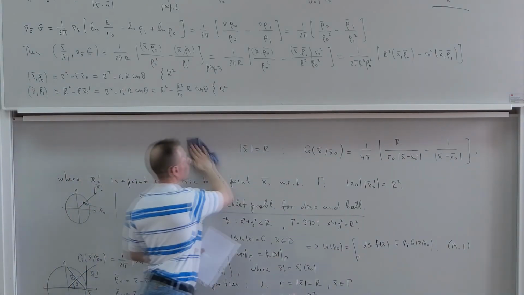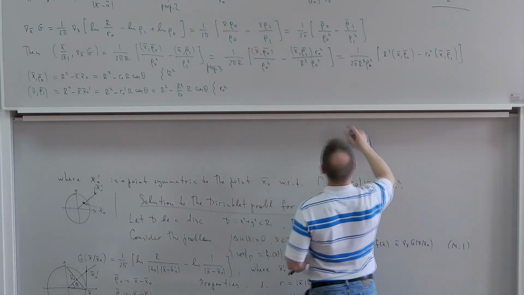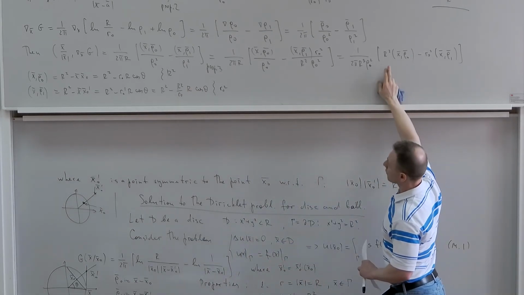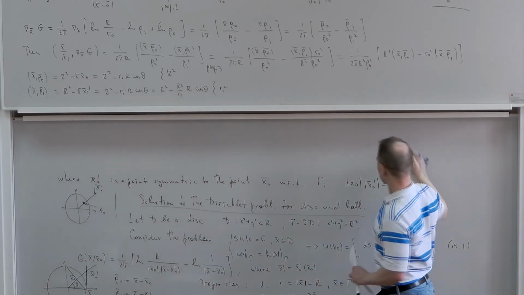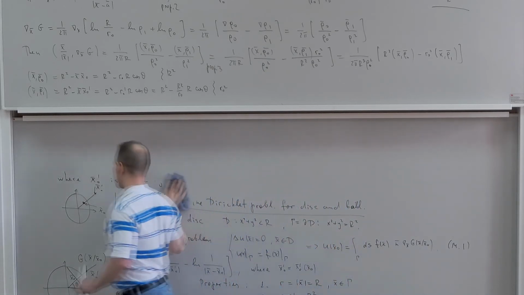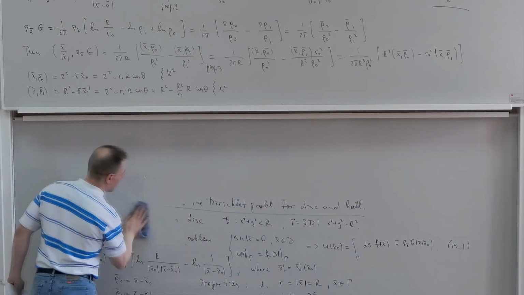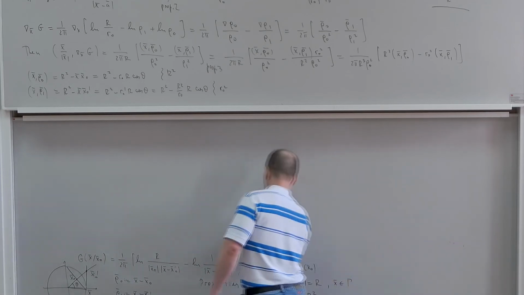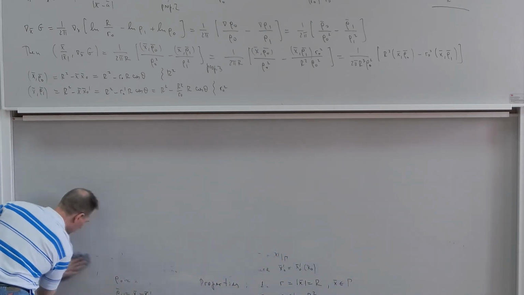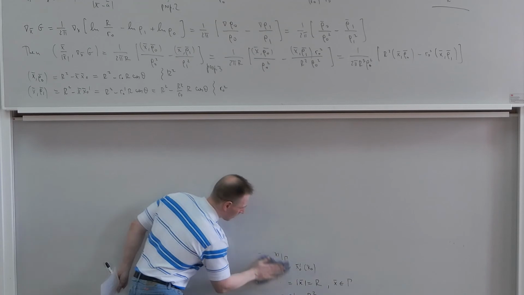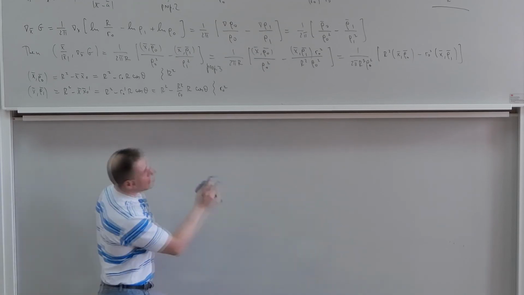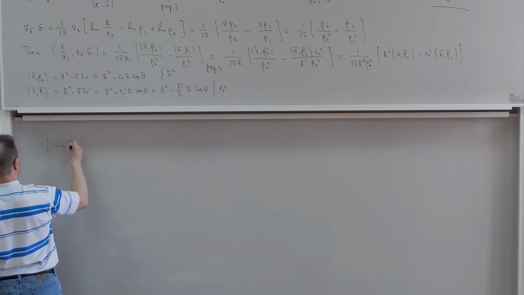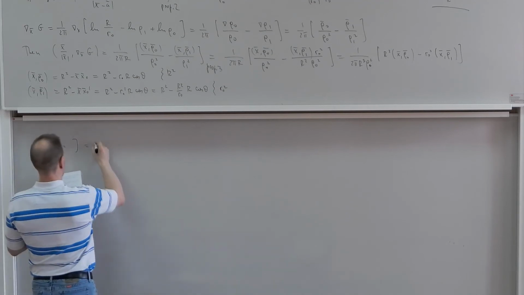We multiply this expression because here this expression enters with these vectors. Then the expression in the square brackets is equal to